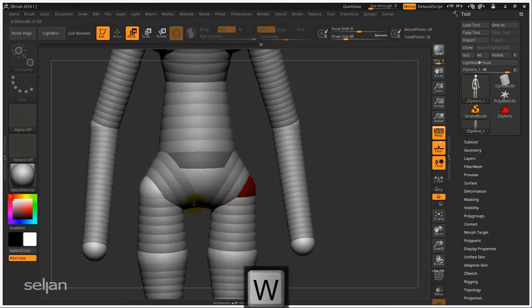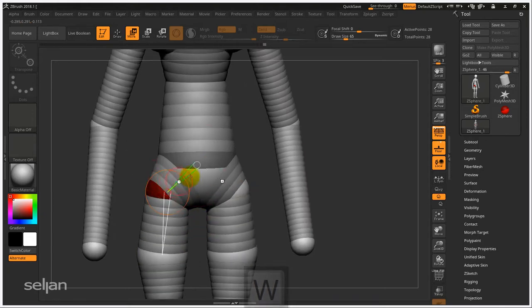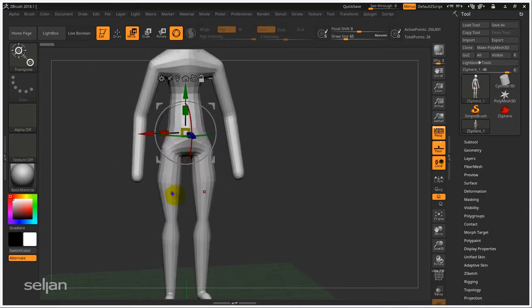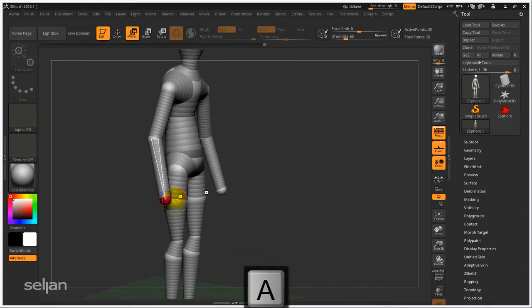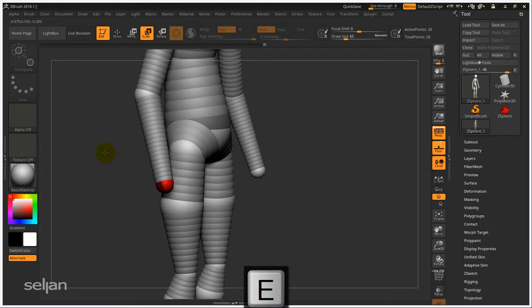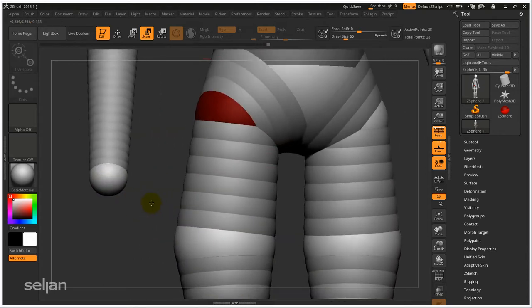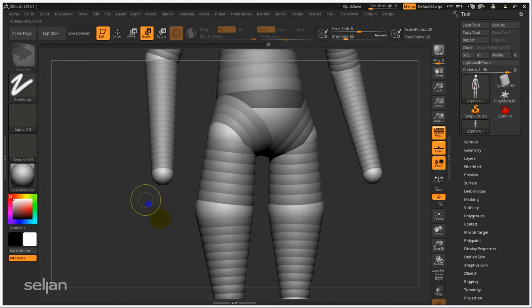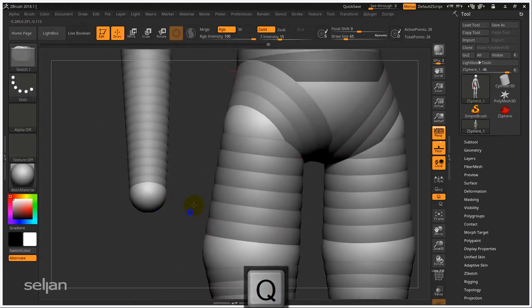So to make this gap a little bit smaller. Okay. Yeah. No, it is a little bit smaller, so it's much more realistic. The forearm is way too long, so pull it back a bit and rescale. Okay, now I'm adding the other parts for the fingers, so Q, and now